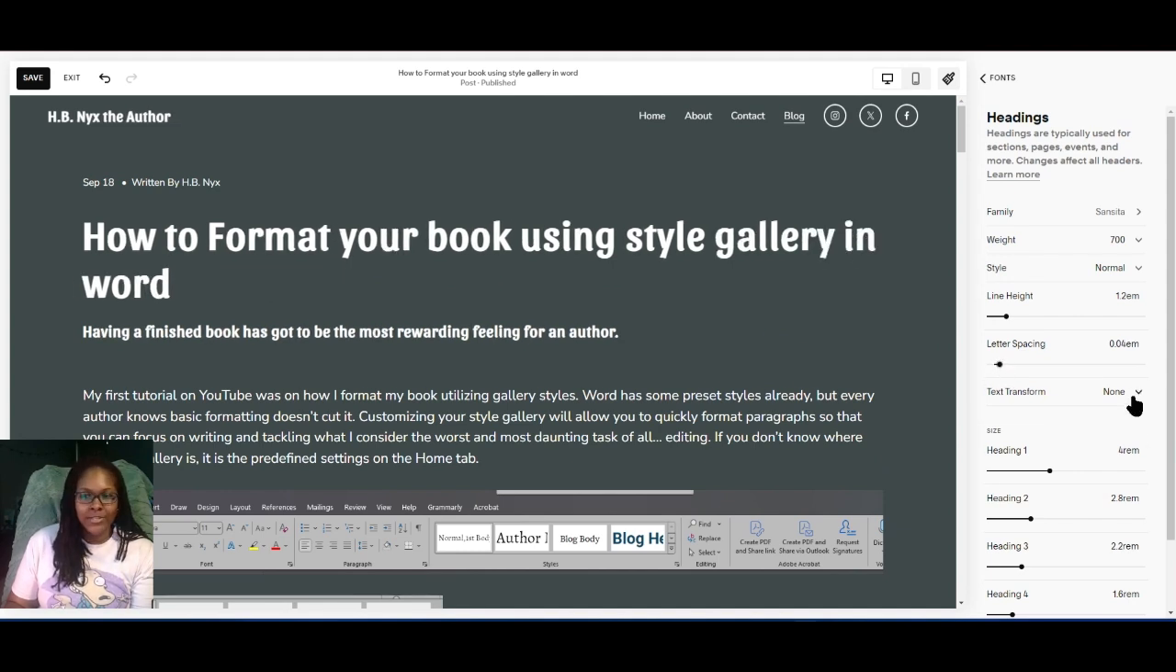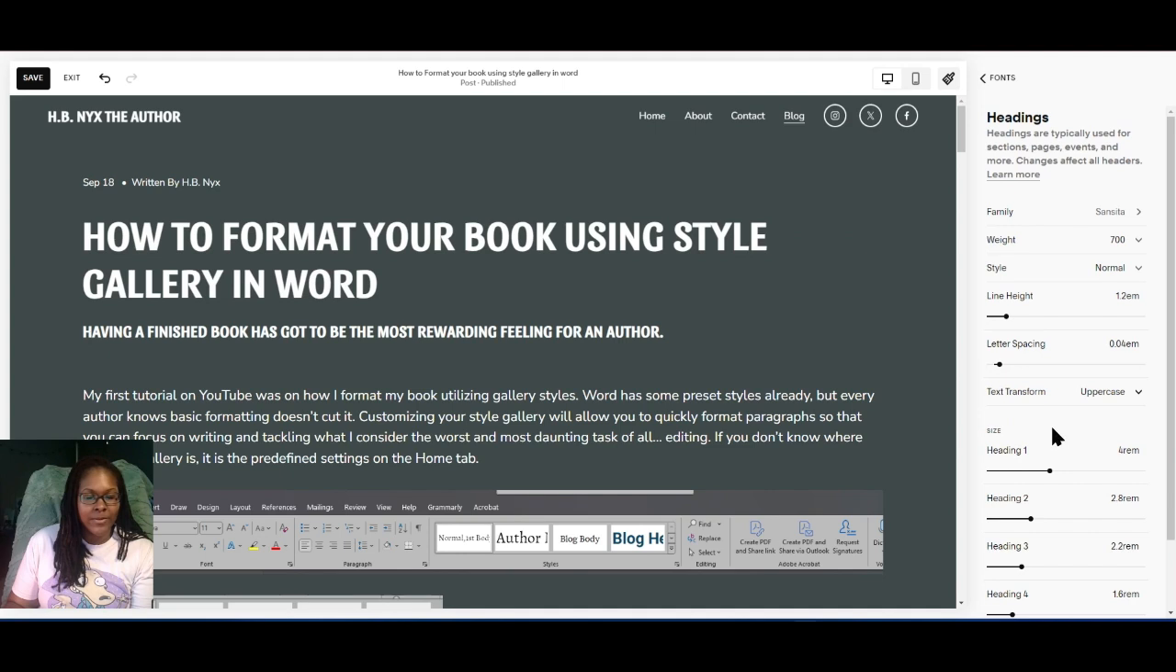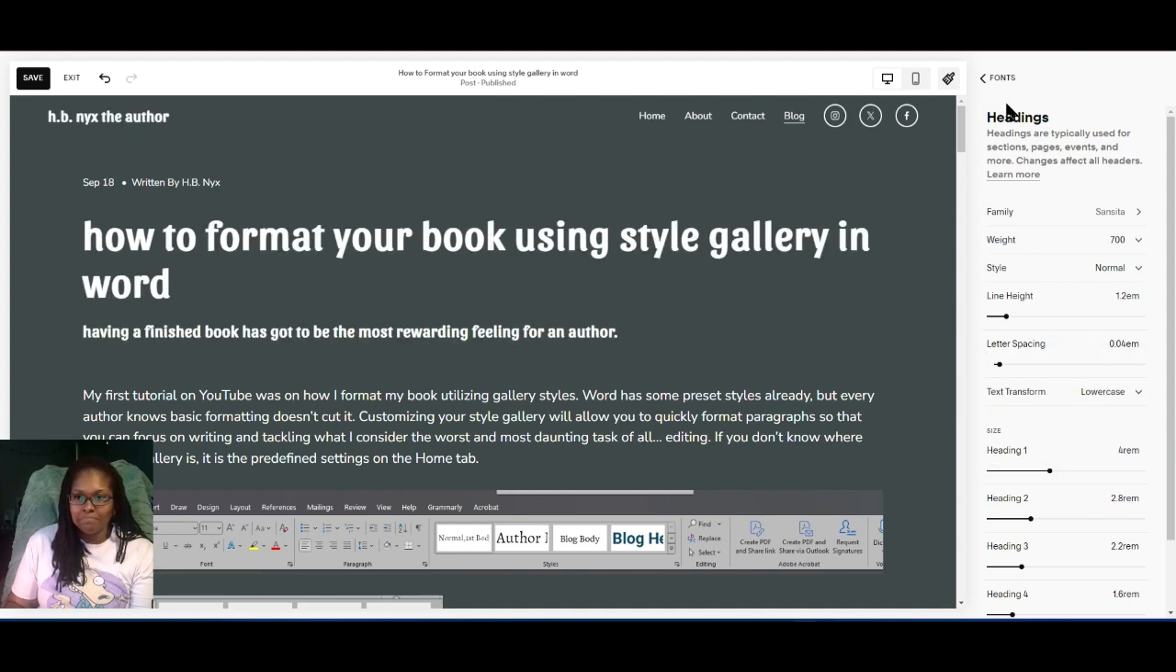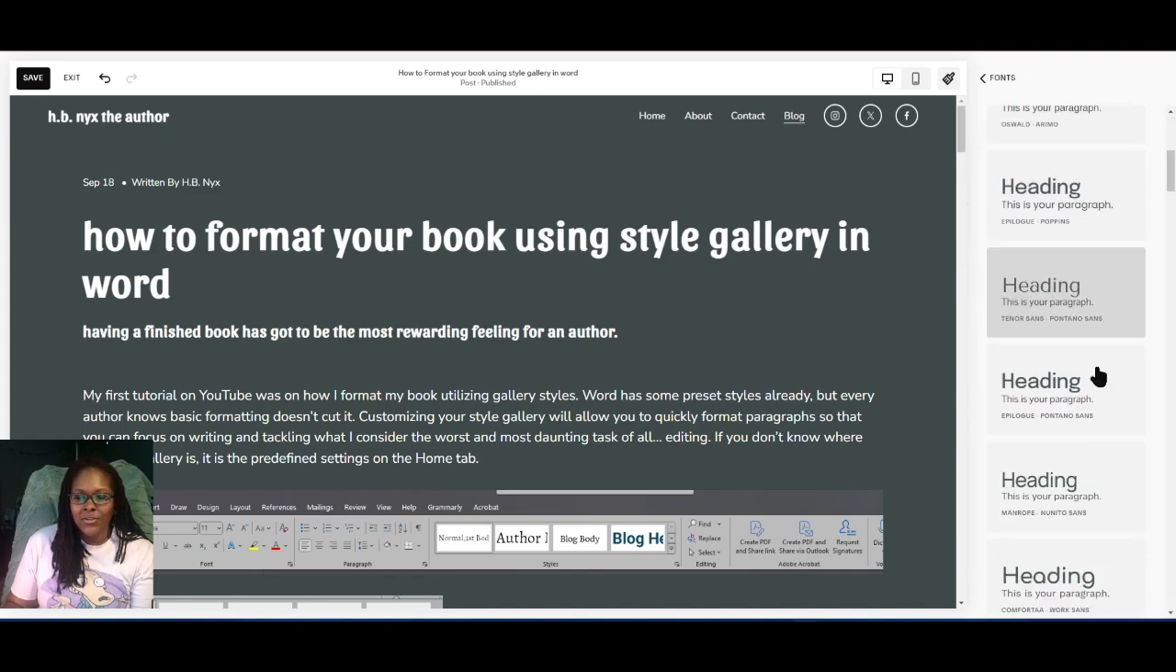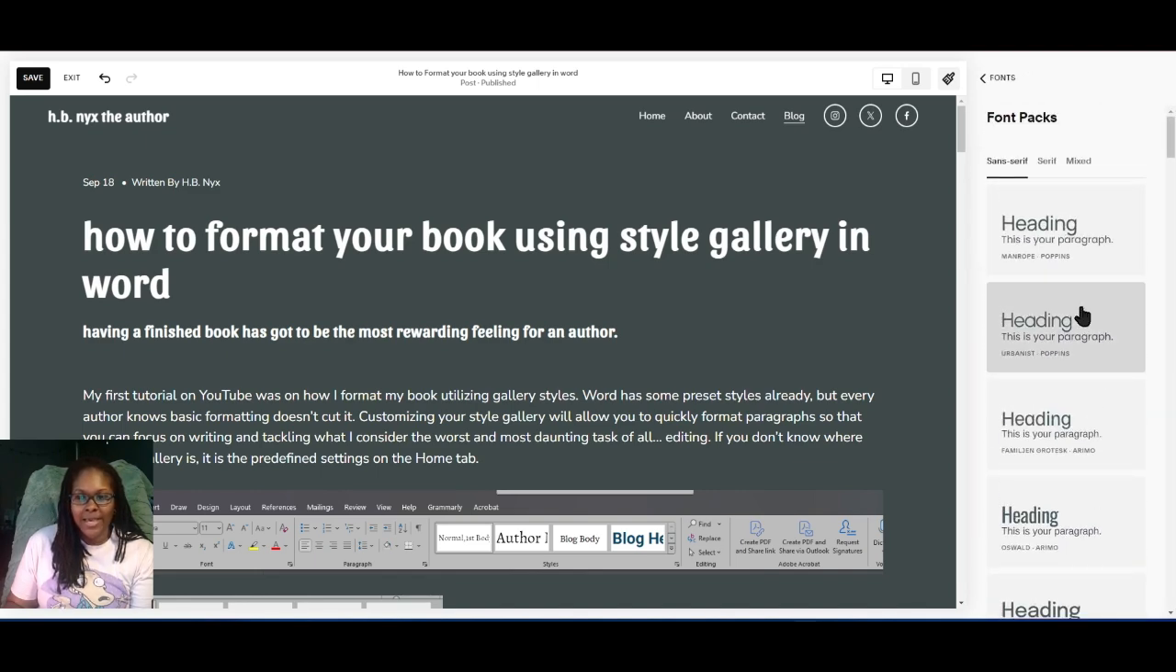And then with the text transform, you could do all uppercase. That doesn't even look like the same font if you ask me, but it works. Let's see if I go lowercase. It works. So again, you have your all font packs, or you can choose your own. And with the font packs, they separate into sans serif,